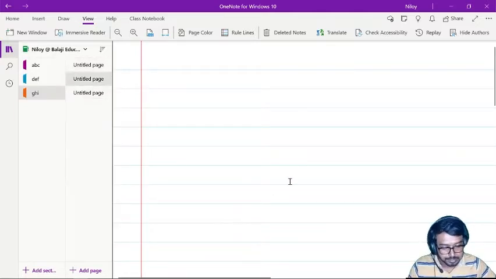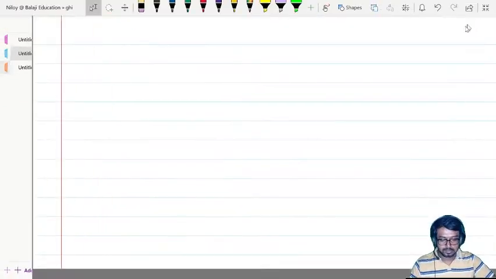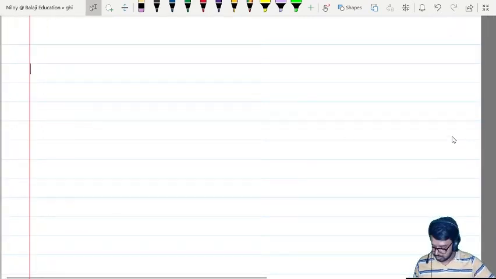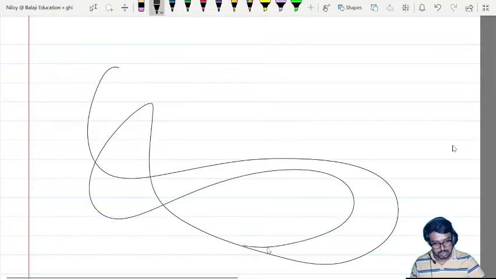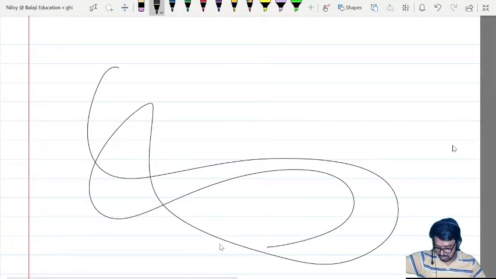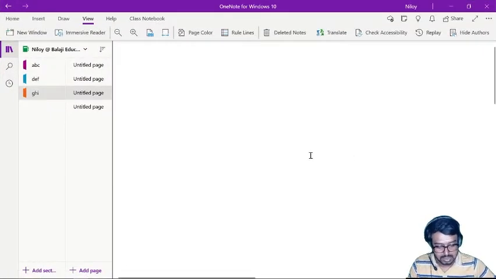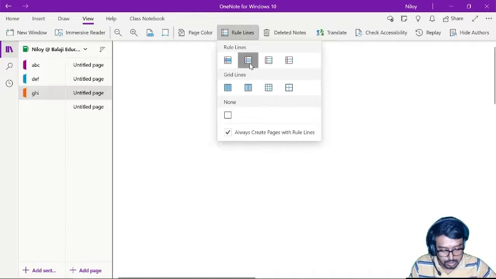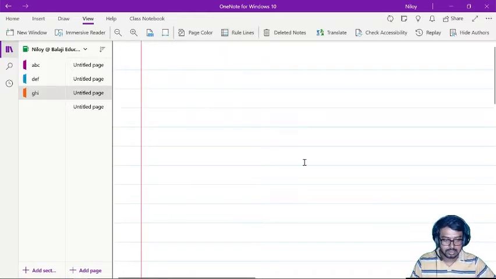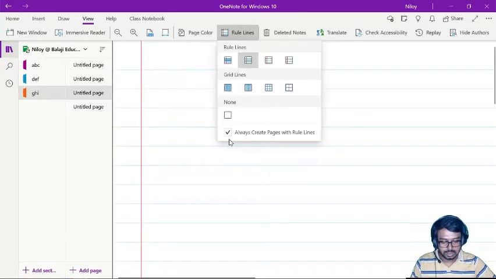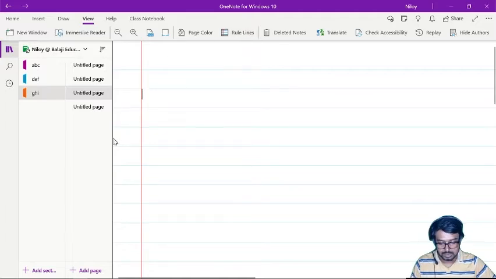Now this way you can add, or you can use Ctrl N again. Just drawing something so that I'm showing that a new page is arriving using Ctrl N. New page arrived, but this time it is marginless. I don't know why it is doing so, but generally I used to synchronize each and every time. I don't know why it is happening.